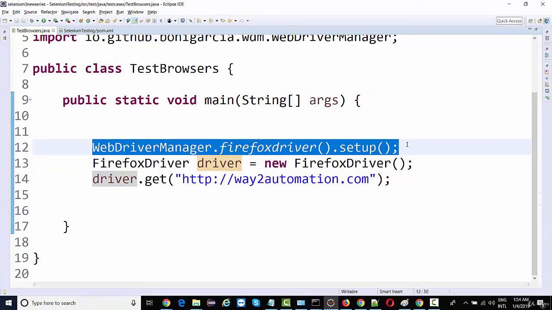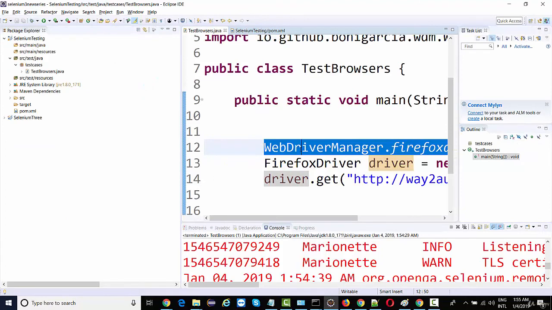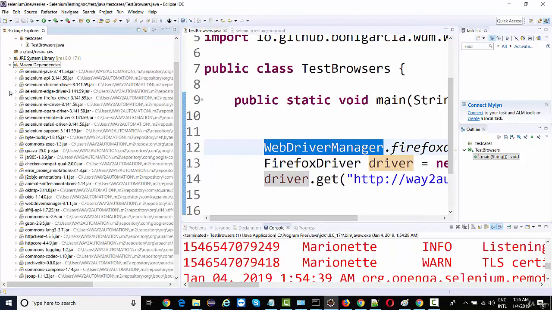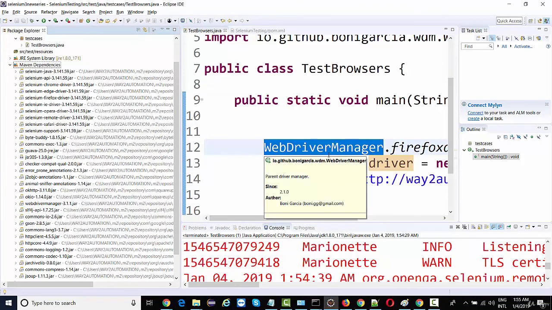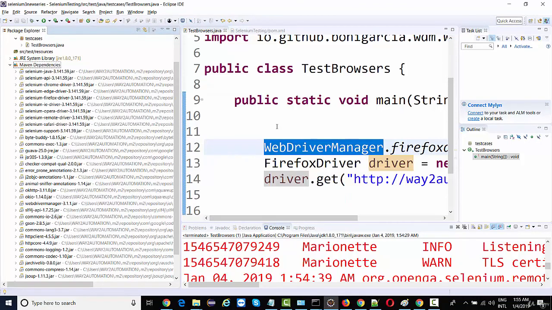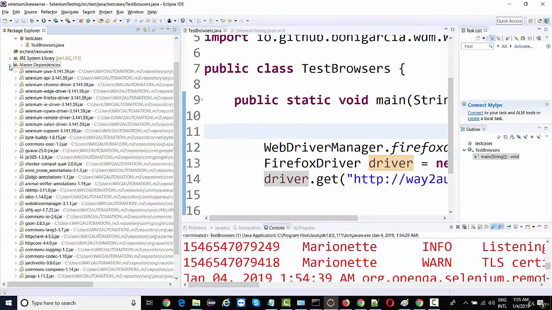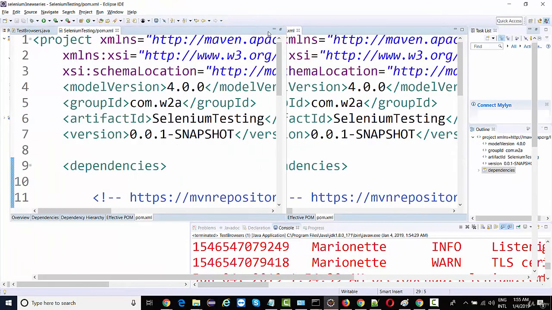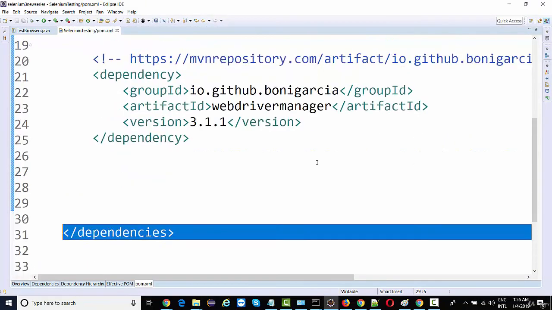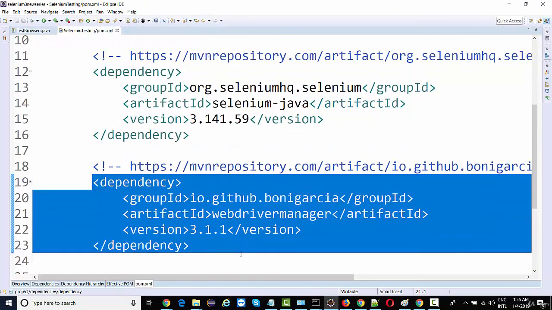No need to worry about executables, right? So this is the best thing that I found while using this WebDriverManager class, we can automate our executable stuff as well. Same way like we have automated the dependency part, we can automate the executable part as well. All right. And yes, Maven is very important for this because you are adding dependencies through Maven. So this is the dependency you need to include. All right. Thank you.